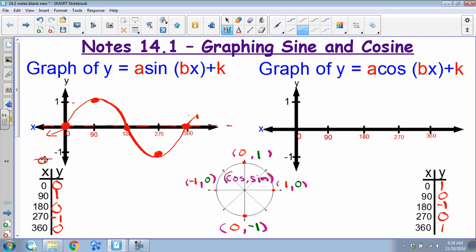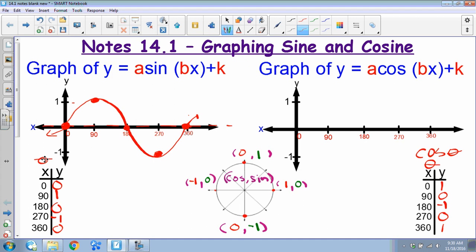So cosine, sine starts at 0. Cosine starts at 1. Cosine starts at the maximum. Yes? Cosine is x. My x value is right here. Then why'd you put in the y? Oh, because this is the graph of cosine theta. Right now, x is theta. Okay. So this is just cosine theta by itself. This graph has both cosine and sine together. So we're separating the two and graphing them